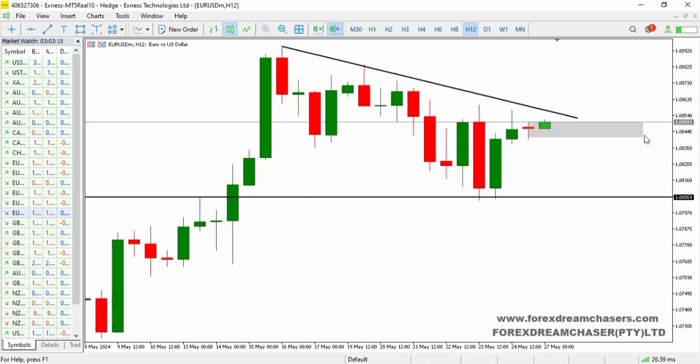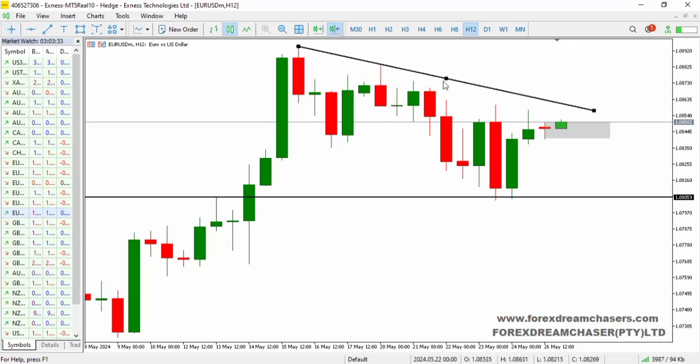Can you see? If this continuation pattern says we will push the market up, that means there's nothing we can do right now. Wait for the market to reach the resistance, the trend line up there. And then what else do you have besides the trend line? This is the 12-hour time frame. I have a resistance there